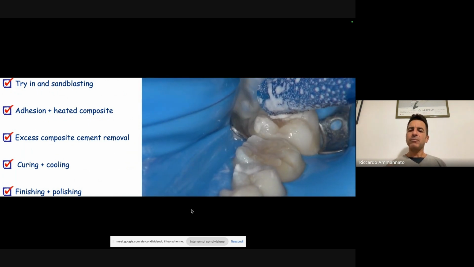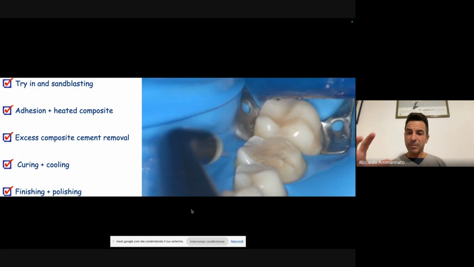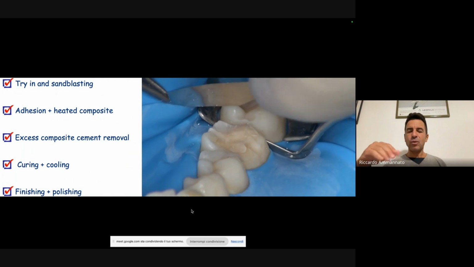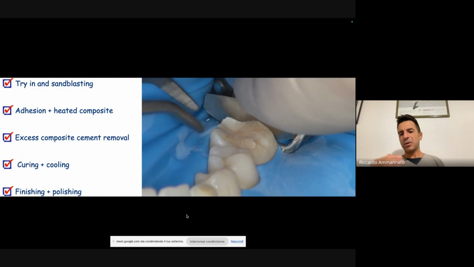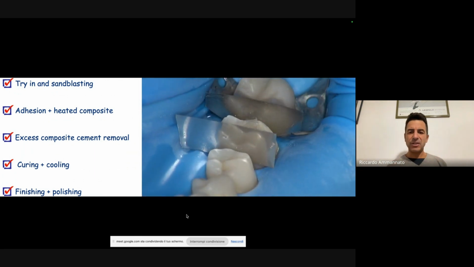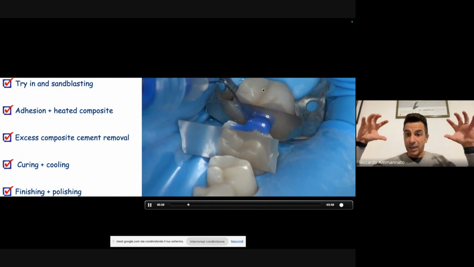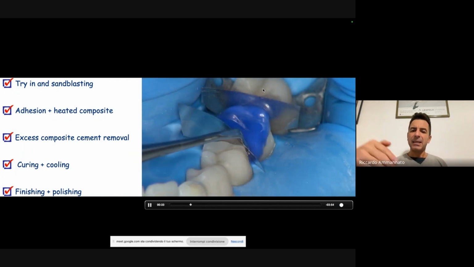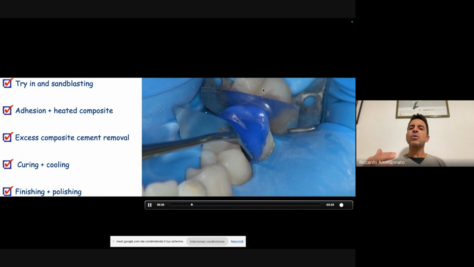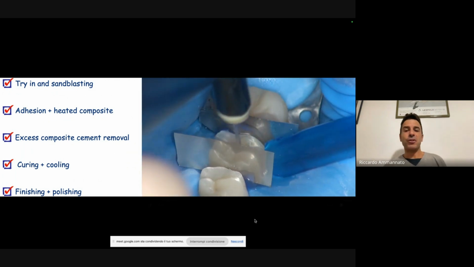And so I'm doing the cementation, but before, since I want to go and do my sandblasting, here I'm placing just matrices, or you can place Teflon to protect your adjacent dentition. You see here the two premolars and the second molar that are the ones that I molded previously. And now I'm going to do my adhesive procedure to go and cement my glass ceramic restoration.